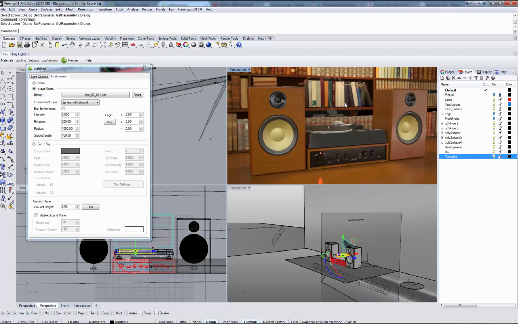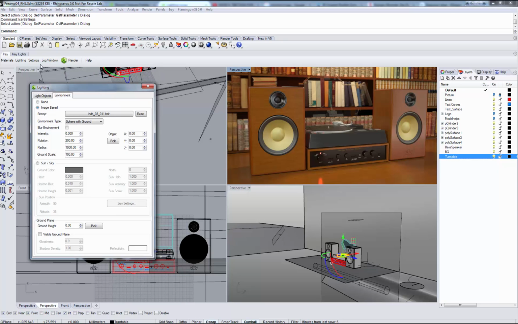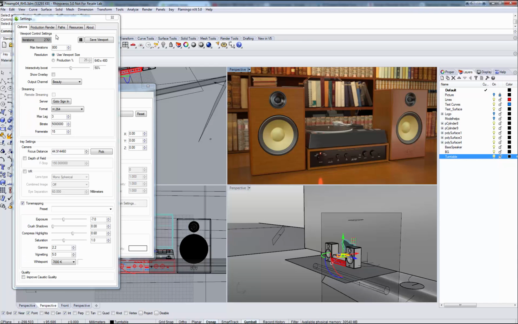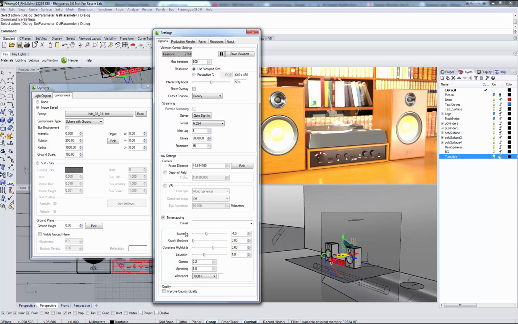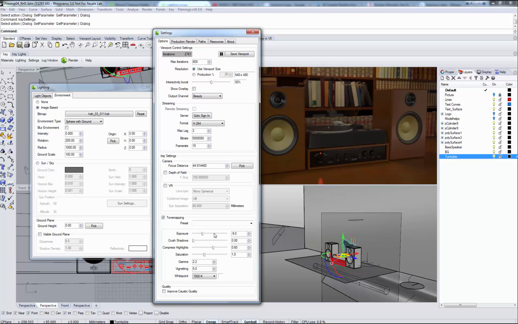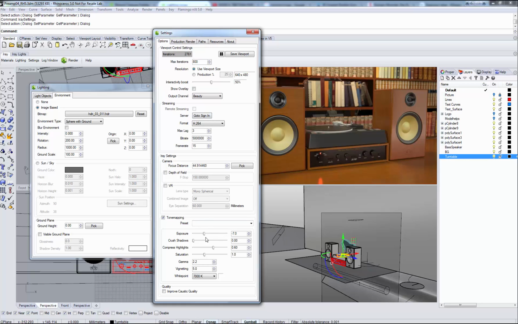To start with, here I have prepared a simple Rhino scene and I've set it up for indoor lighting. When you start a new Rhino scene, it has the default environment image-based lighting enabled, and that has a brightness that compares to the brightness in an office room or office space indoors. If you open the settings window, you see the exposure value lets you change the exposure like a real camera, so you can make the image brighter or darker. If you're taking a picture in a setting like this, those are the appropriate values, and you see